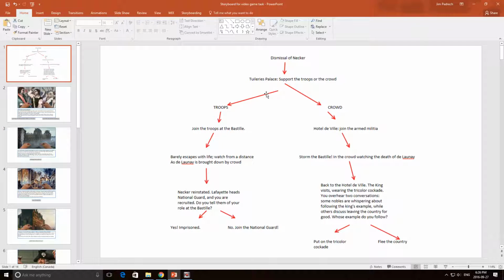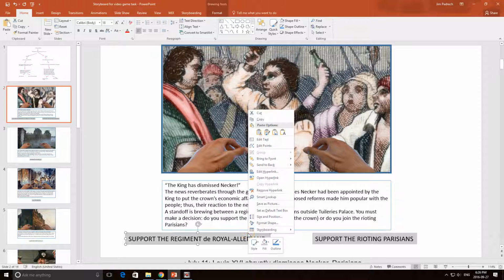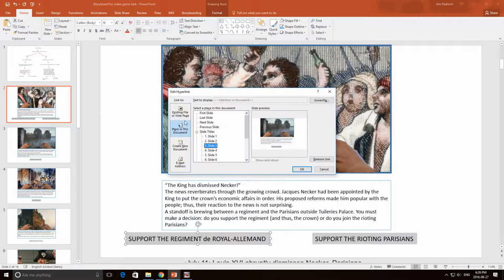Now to get these story arcs and these options, instead of having the user go through the typical mouse click option on PowerPoint slides, I added links to these options at the bottom. So these are basically my decision trees. So you have a choice here, and you'll notice too that just to show you what this looks like, if I go to edit hyperlink, you'll see that what I did is I actually chose from the hyperlink option menu